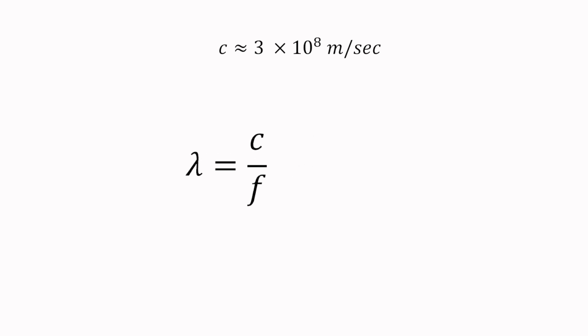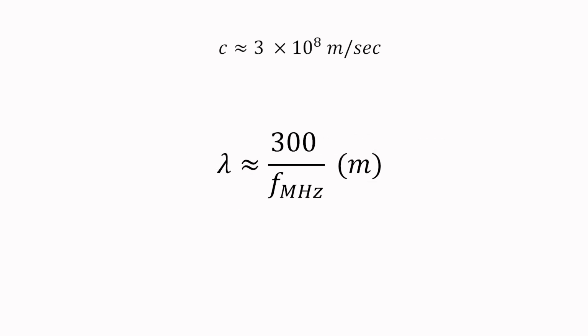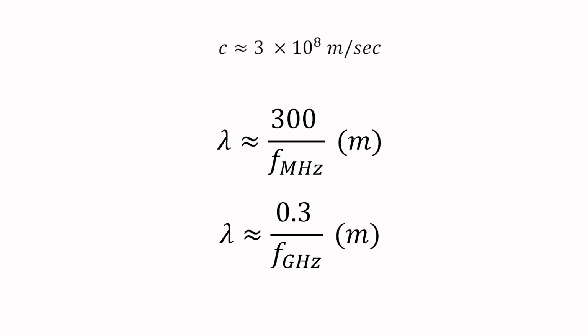Using our approximate value for c of 3 × 10⁸ meters per second, we can temporarily rewrite it as 300 megameters per second to arrive at this handy expression that shows that the wavelength in meters approximately equals 300 divided by the frequency in megahertz. RF engineers dealing more in the gigahertz range like to use this form, stating that the wavelength equals 0.3 divided by the frequency in gigahertz. The expressions are clearly identical and can be applied to their respective frequency ranges as needed. And clearly, the approximate value for the speed of light facilitates a much quicker calculation than using the exact value.